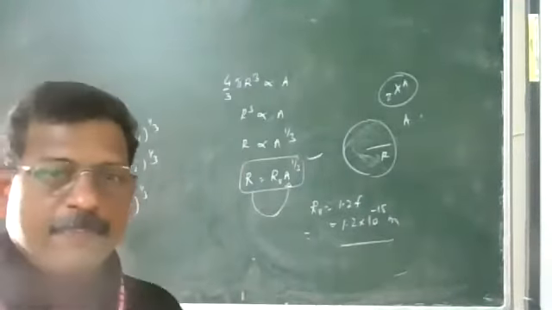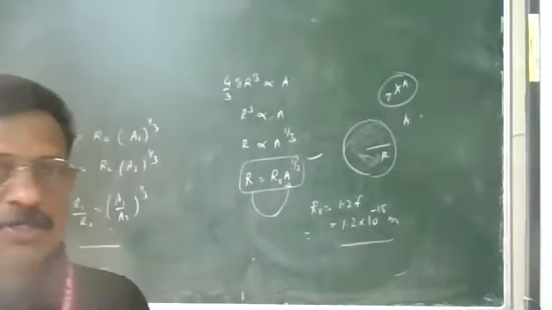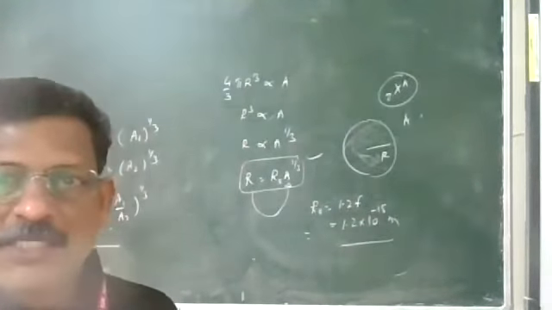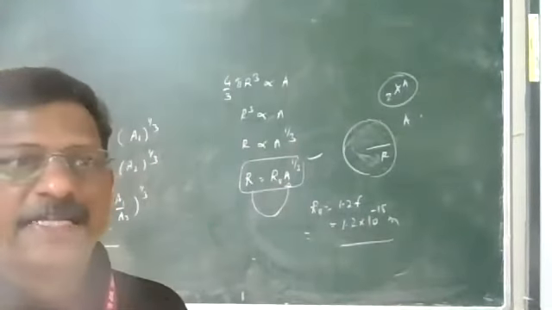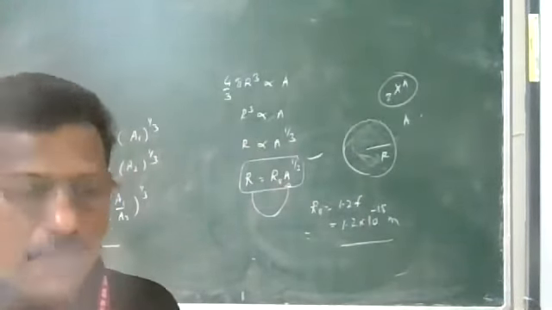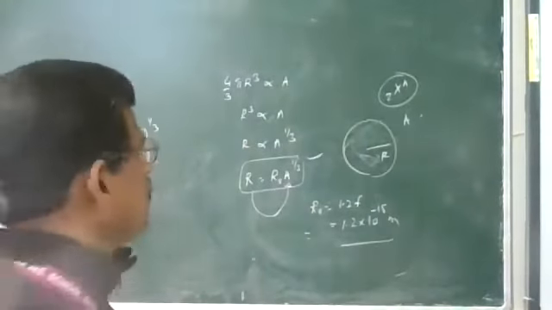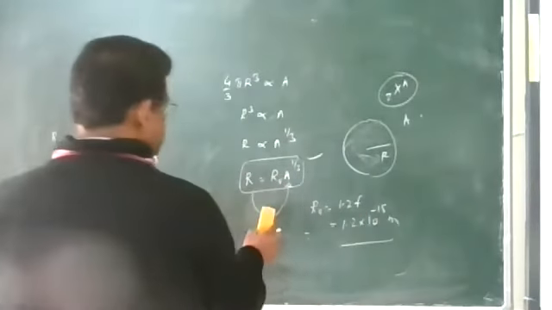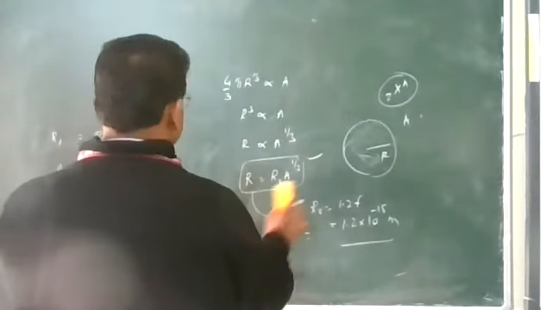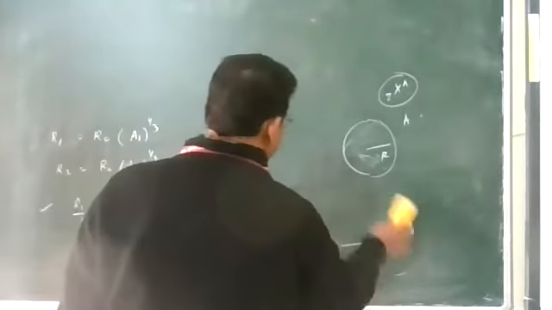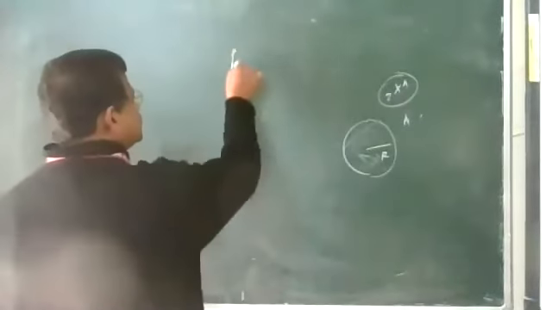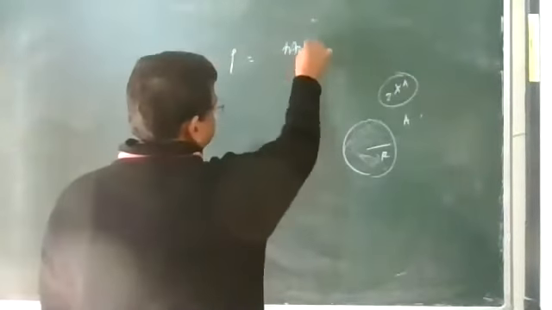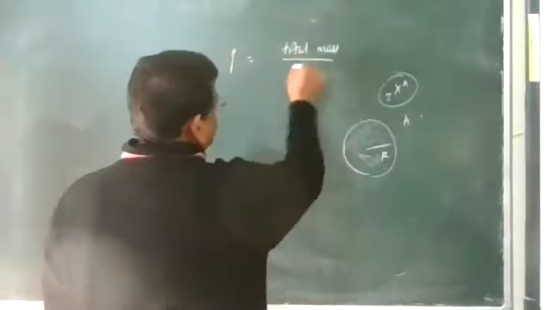After the size of the nucleus, we go for the density. Density of the nucleus. The most dense thing in the universe is the nucleus. So how to find out density? You are given a particular nucleus and this equation R equals R0 A to the 1 by 3 is very important. Density of the nucleus is total mass of the nucleus divided by its volume.